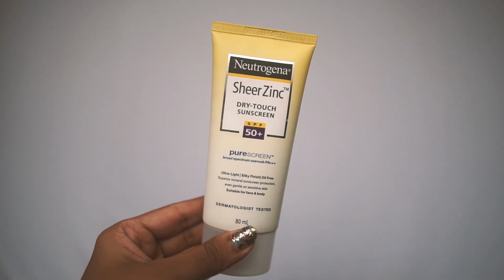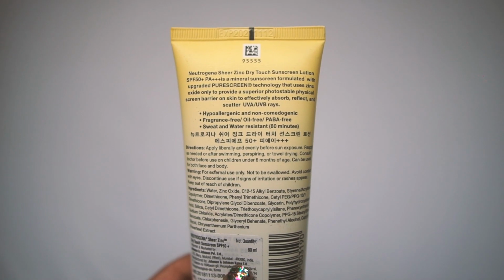This is the sunscreen that I bought after doing a lot of research. It's from Neutrogena, and it is their Sheer Zinc Dry Touch Sunscreen. This product's actually made in Korea, and I think that it's really quite good for the price. This is really good for people with sensitive skin. It's SPF 50, and the main sunscreen ingredient is zinc oxide, which is something that's proven to work and proven to protect,